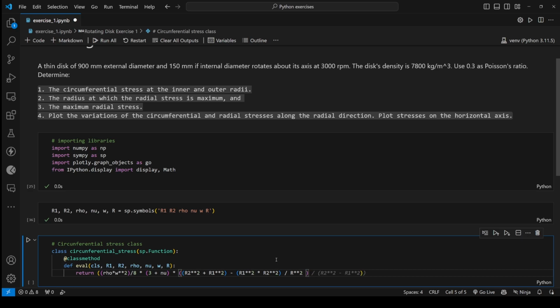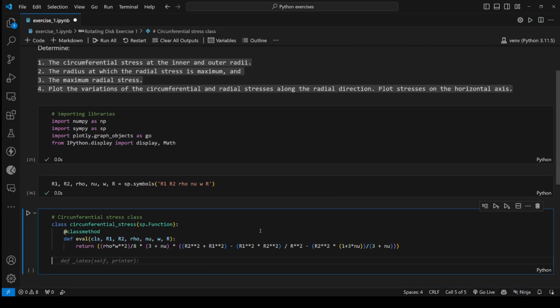Awesome. And then I also need to subtract from that the term R squared times 1 plus 3 times Poisson's ratio, and then this is divided by 3 plus Poisson's ratio. It's giving some suggestions that I definitely don't need. And I believe I have it. Yes. So if I want to print it to see if it's the same equation that I'm using in the notebook,